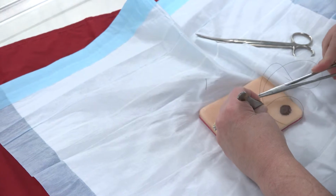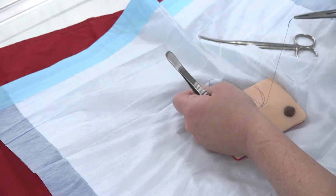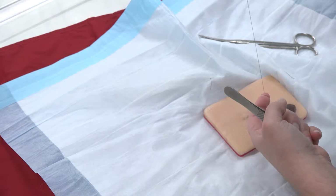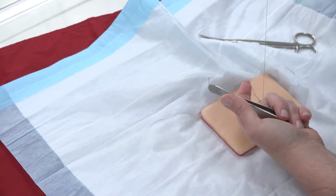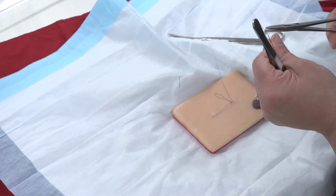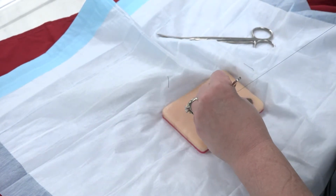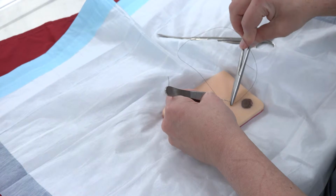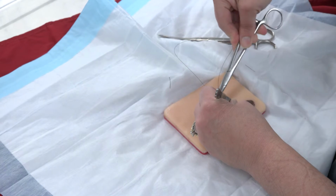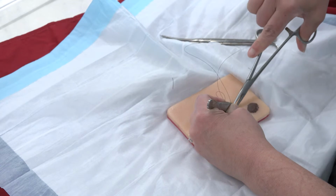Now I'm going to go deep to superficial. All right, so now I have a deep loop. Now, the second mistake people do is they try to tie to this loop. But my needle side is superficial. So if you do that, you'll keep the knot facing up at the superficial side. Everything has to be deep. So I'm going to go on the other side here again. Ooh, I was too superficial that time, starting out. So I repositioned, and I need to go superficial to deep again. Okay? So now I'm going to pull this through,